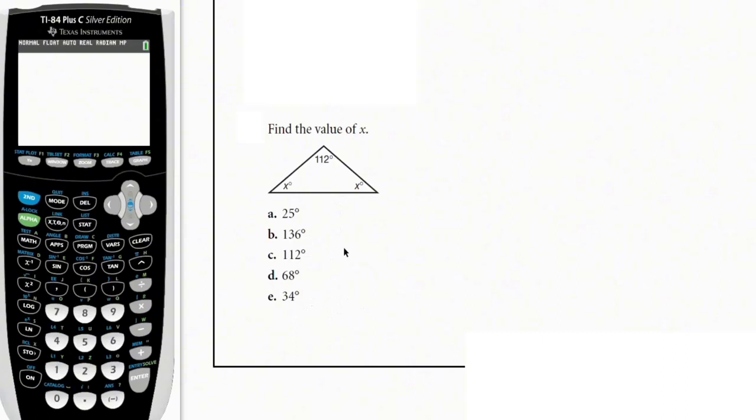Alright, so to solve this, the sum of the angles in a triangle equals 180 degrees. So you're going to basically sum everything we have in this triangle and equate it to 180 degrees, then make x the subject of the formula. So to do this with the calculator, firstly let's reset the calculator